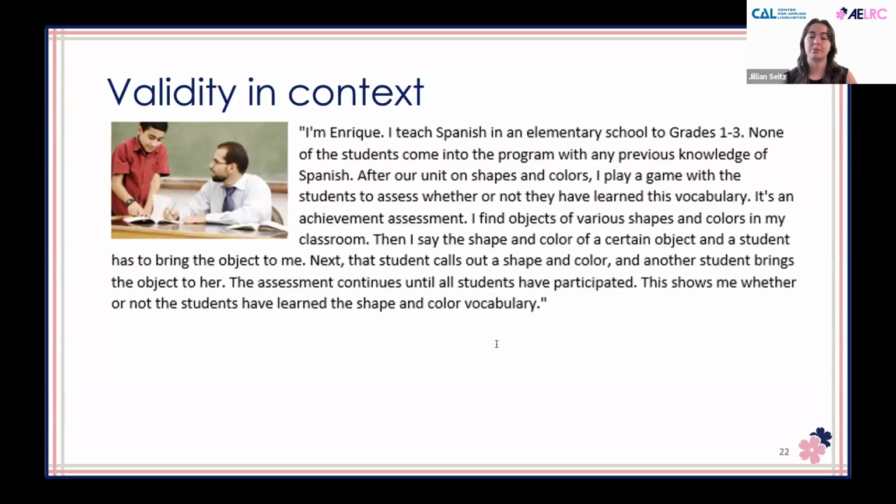Let's take a look at an example of validity in context. I'll read this example out loud so you can follow along. This is Enrique. He says,